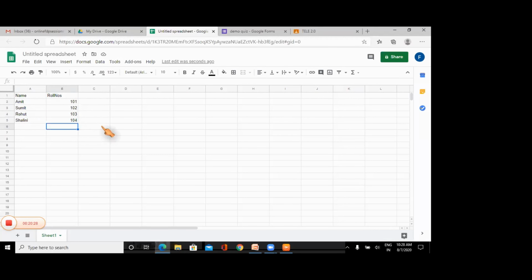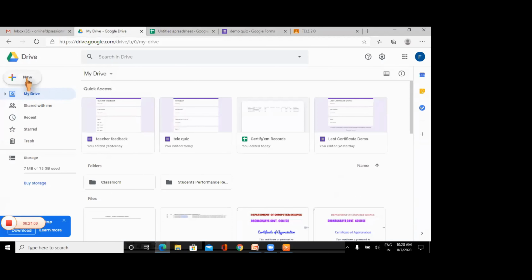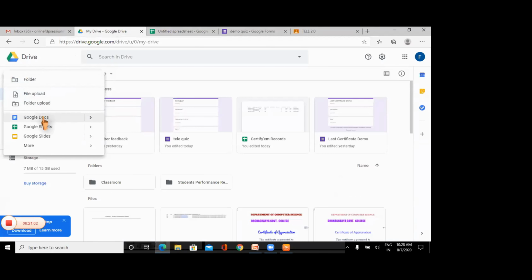That is it. So far what I have created is one folder with name student performance records in my Google Drive. Second thing, I just created a Google Sheet with 4 students with their name and roll numbers. This is what I did by now. Next thing, I am required to create a template. For that, I need to create one document file. So I have to go to Google Docs